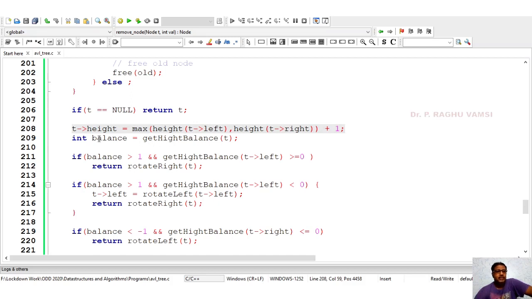Then we'll check for the balance and get the height balance. Balance and height balance, both the things we'll check. That means the deleting node height is at one level, and the left subtree's height is too low or too high. Okay, the related rotation operations that were discussed during the lecture will be implemented here.